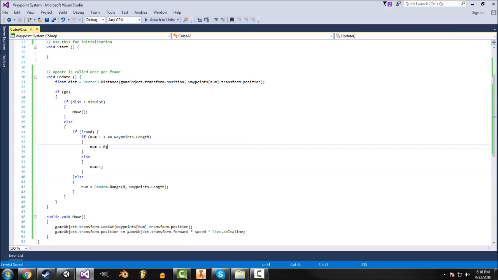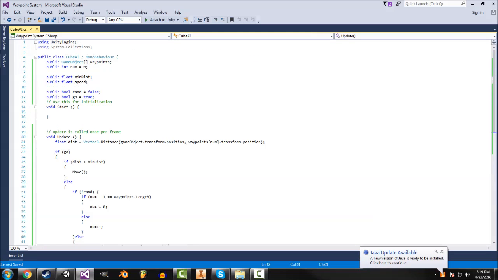And if it isn't, then we just increment it, which adds 1. And then if it is random, then it's real simple. We just set number to equal Random.Range, with minimum 0 and waypoints.Length as the maximum. And so that is the basic gist of